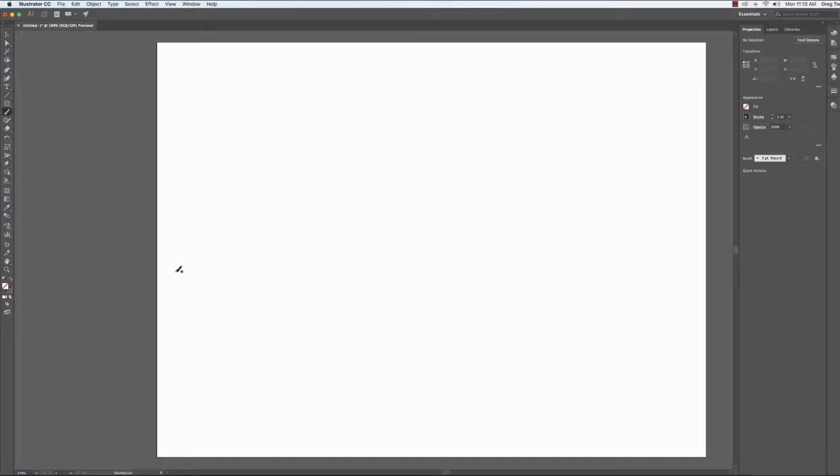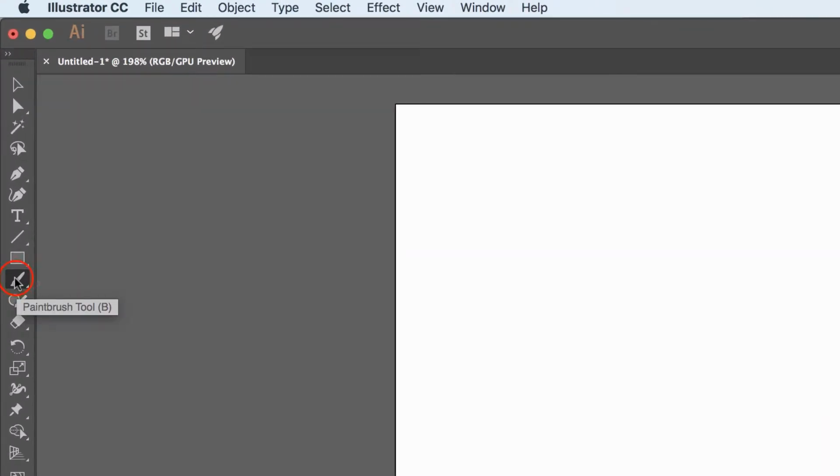The paintbrush is a tool located in the toolbar. You should be able to see it. It's bundled up with the blob brush. That's a separate lesson. Friends of the paintbrush tool are the eraser tool and the blob brush, but basically any mark you ever make can be turned into a brush. So you don't have to use the brush tool to make brush strokes, but it makes more sense to start off with the brush tool to make those strokes, because there are some settings that are specific to the brush